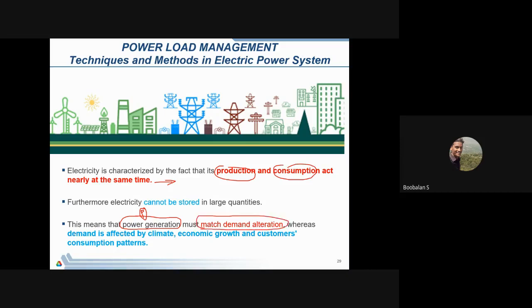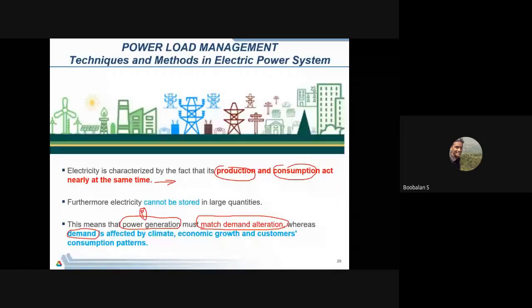As we already discussed, the load curve and load pattern may get affected by environmental changes, causing seasonal variation as well as changes in customer patterns. In the last class we saw customer mindset as well as seasonal climate change, so the load pattern may change. If the load pattern changes, then demand may also change. For that purpose, the power generator supplying power needs to match the requirement raised by the customers.